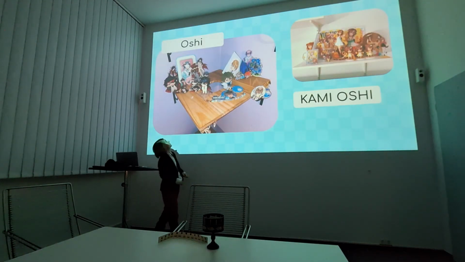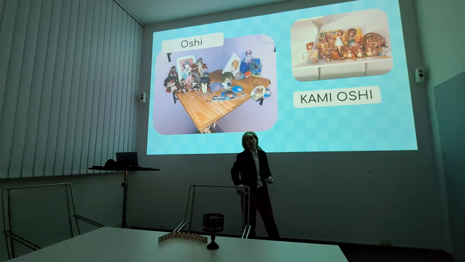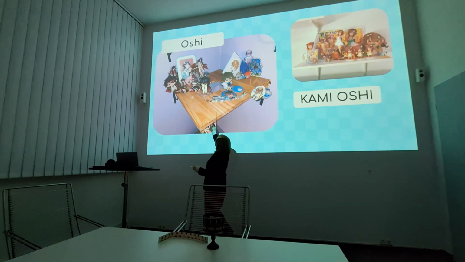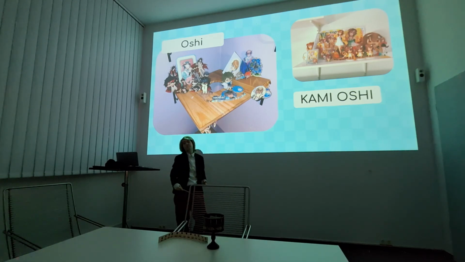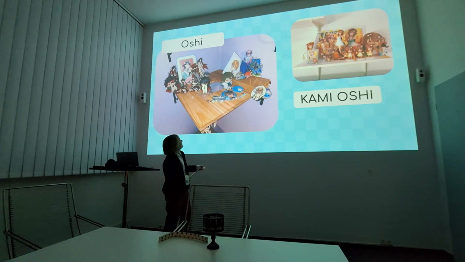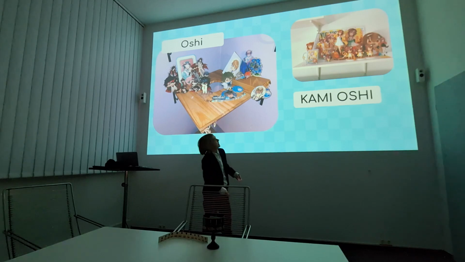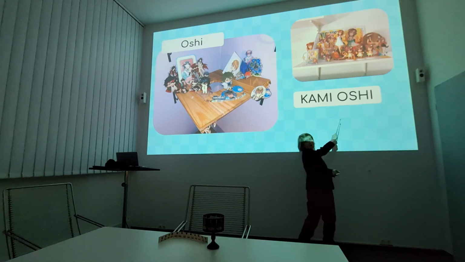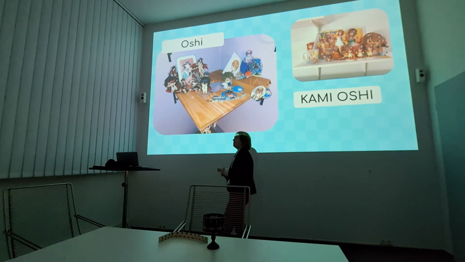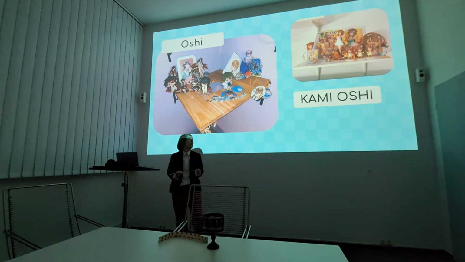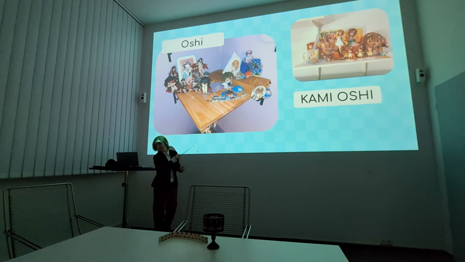The first one is Oshi and Kamioshi. Oshi basically means your favorite VTuber. If you're a fan, you're like, oh, I really like Donald Duck as the VTuber, right? Or Mickey Mouse, and they're not real, but they're voiced, right? You're like, oh yeah, these are my Oshis. But the Kamioshi is very similar to that, but it's your absolute favorite. Like, you like cereal, but man, Cocoa Puffs are so much better than everything else, basically. This also came from idol culture.